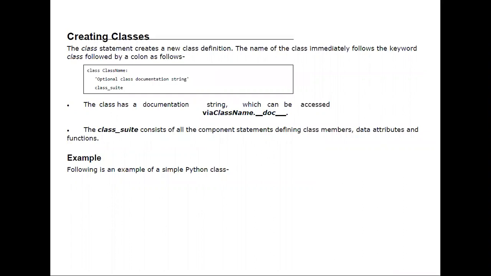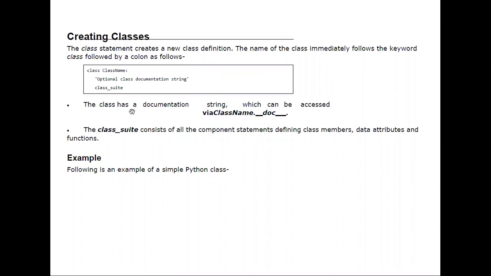Python. So to create a class, we have to use the class keyword. Keep in mind, the C is small. That is a keyword, the class keyword, which we are going to use to create a class. Then the name of that class, a colon, and one tab space for the indentation. After that, you can define the structure of that class.